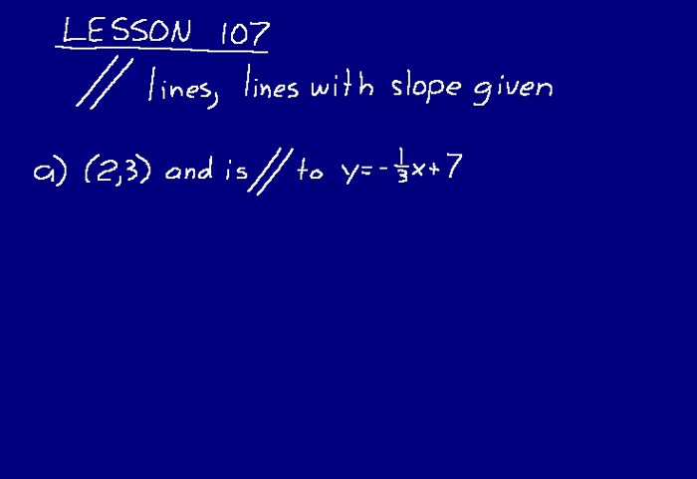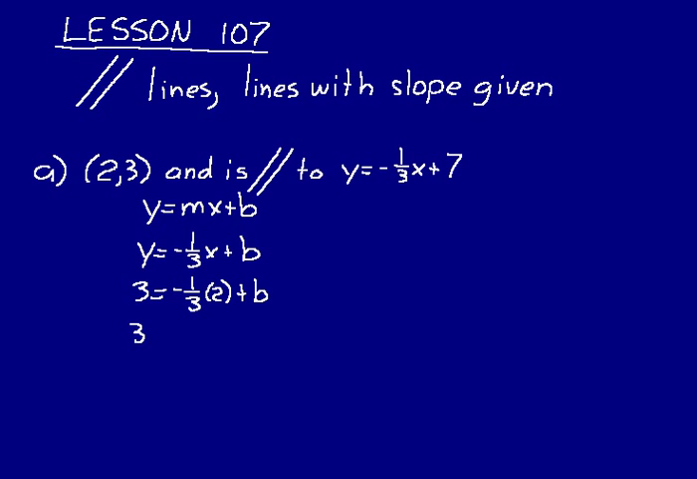First though, when we're finding the equation of a line, we should always write down the standard form, y equals mx plus b. Now this line we're trying to find is parallel to y equals -1/3 x plus 7. So that means it also has a slope of -1/3 x. So we know what the slope is. All we need is the y-intercept. We find that by substituting that point in for x and y. Y is 3, x is 2,